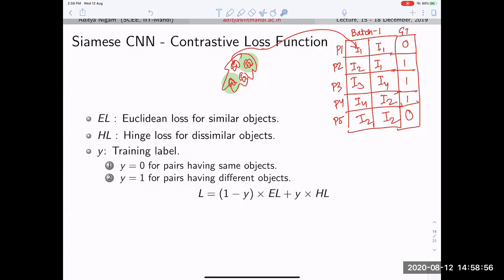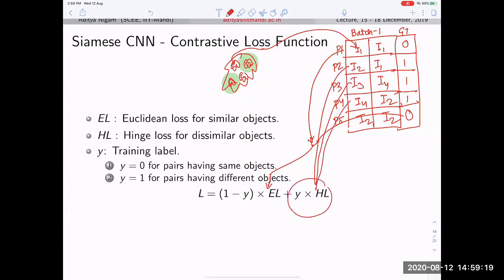The network is going to see these two things, these two things, these two things, these two things, and these two things. And for all of them, basically positive pairs are this. This is my one positive, this is my second positive. I add, both of them are going to be here. And for all of them negative, they are coming here, here, and here. So they are being added. So of these 5 pairs, 2 are being used for EL and 3 are going to be used for HL.